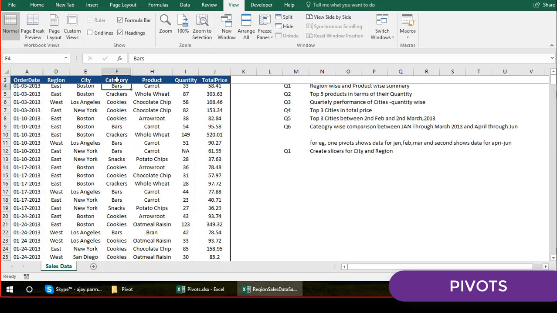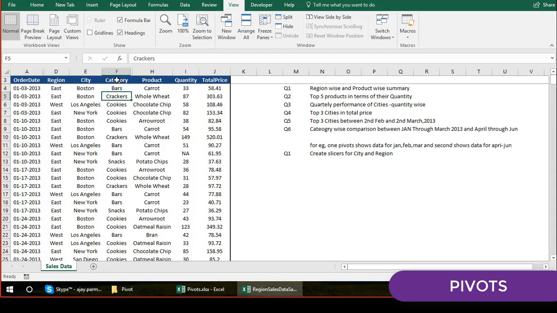And the category is also there. We have some commodity, crackers, cookies, bars, all that stuff, right? It's like a food shop, for example. And then you have the product also. So in the product further, you have the different products, and then we have their quantity and the total price. So what we are trying to do here is we are trying to keep a record of all the items as and when they are getting sold.